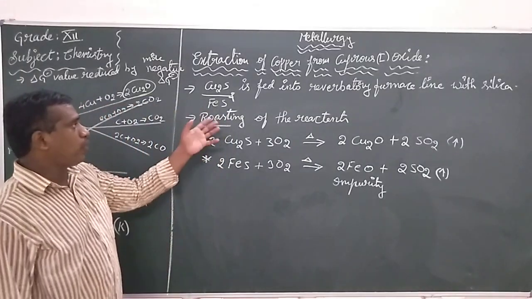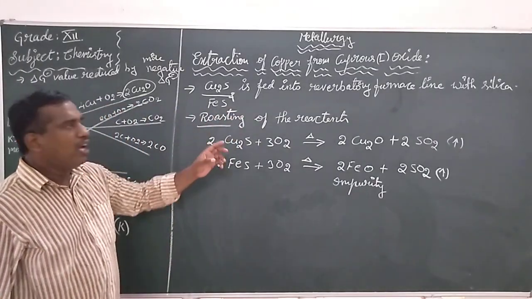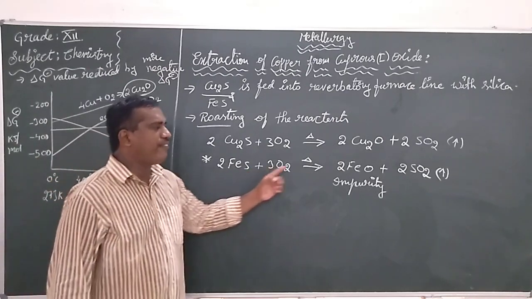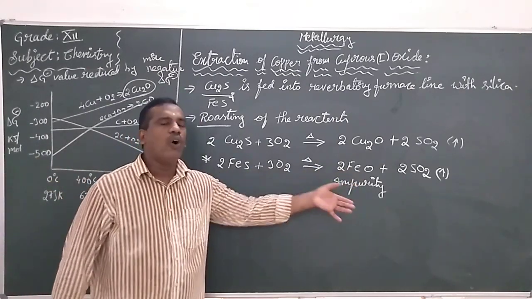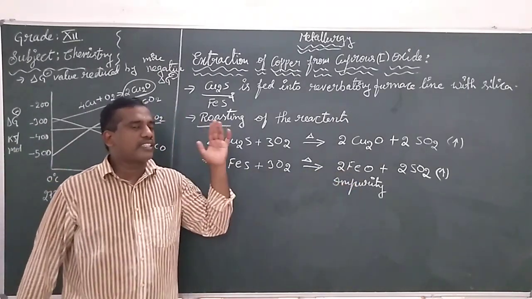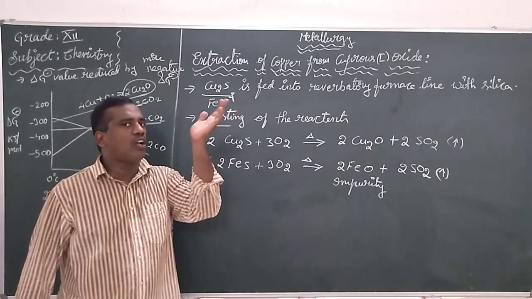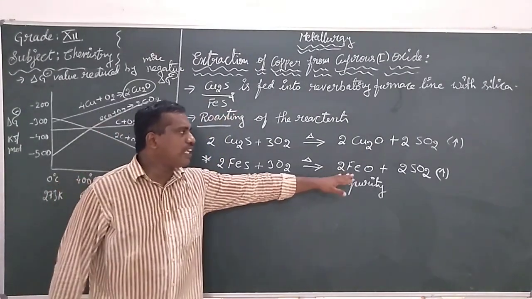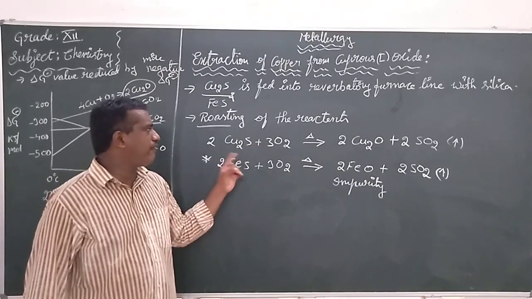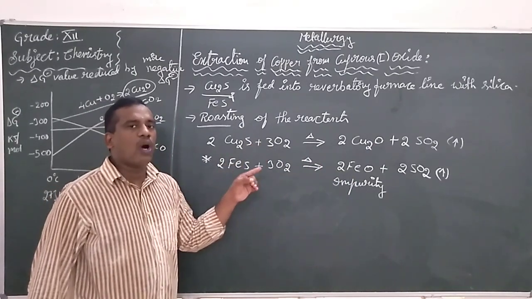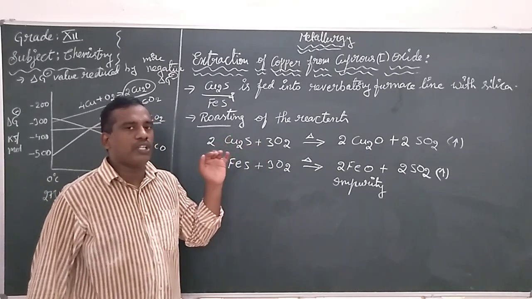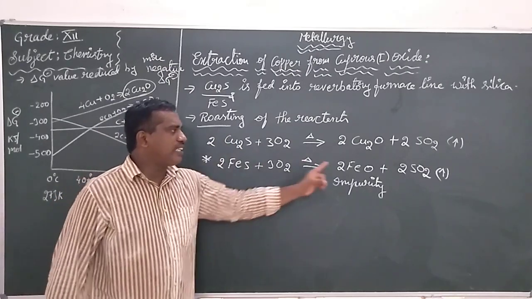FeS during the process of roasting is supplied oxygen. Using that oxygen, this FeS is now converted to FeO. This FeO in the starting we had removed, which is present along with the coal. Now this is the FeO formed from the FeS, that is the copper pyrite along with the composition we had. FeS is now oxidized to